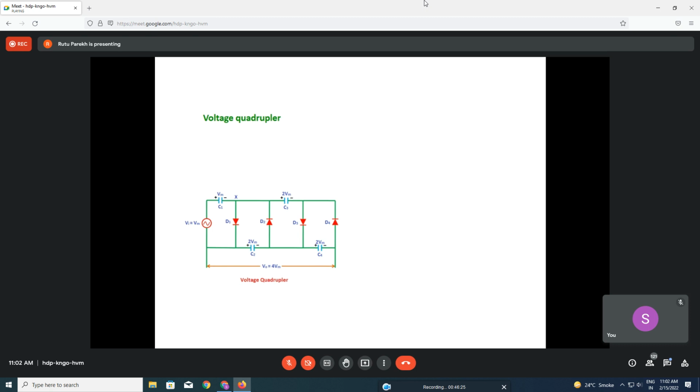Will there be any ground connected here? Wait a minute, pardon? Is there a ground to be connected in the circuit? Yeah. Every circuit, if it is not shown, there is a ground, no? So where will it be? So when you are giving this voltage, this is positive, this is negative. So when you make a connection,